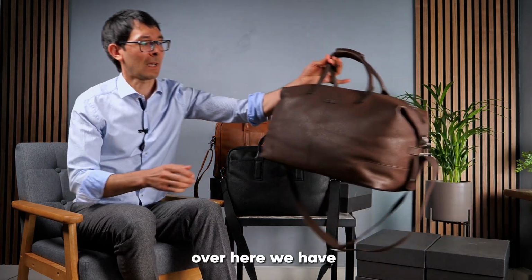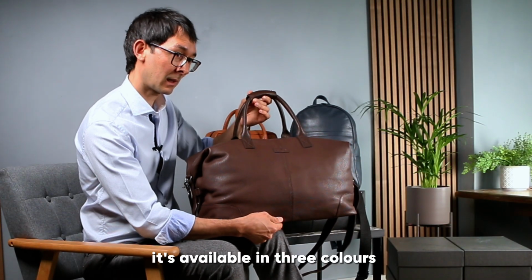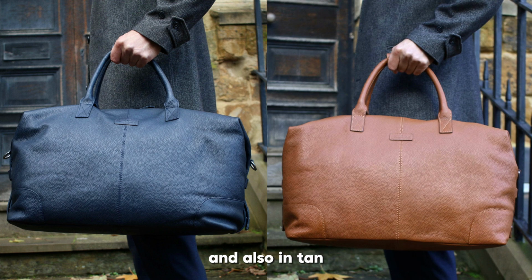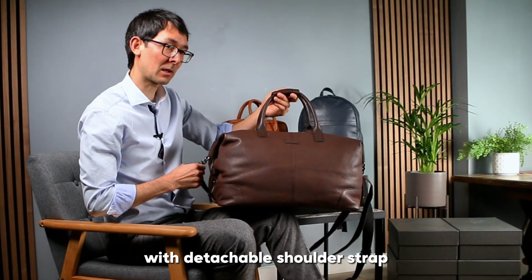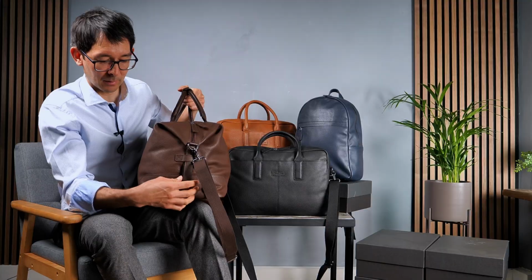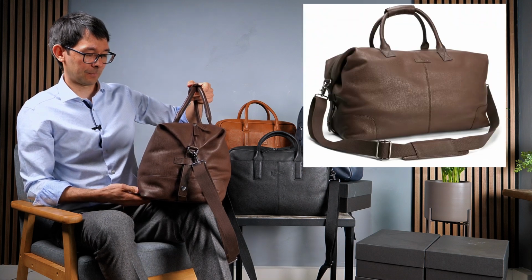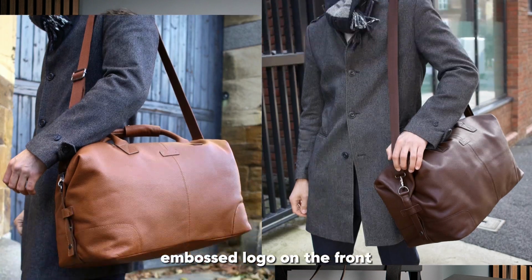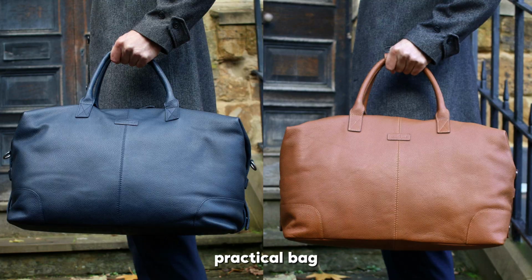Over here we have our weekend bag or Holdall. It's available in 3 colours, in brown, in navy blue and also in tan. It features a padded leather top handle with detachable shoulder strap, a full-length zip and buttoned expandable straps here on the side. Again, it features the subtle Thomas Bird embossed logo on the front, and this is a beautiful practical bag for